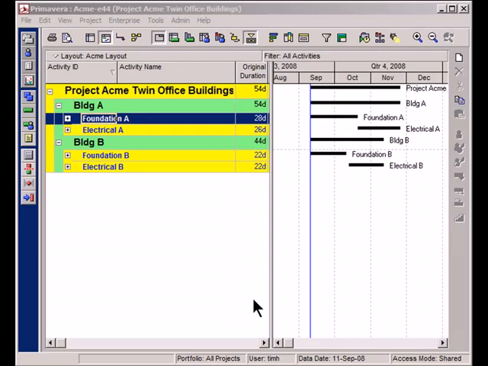Today we're going to talk about how to use activity codes appropriately in Primavera. Activity codes are a wonderful feature in Primavera version 6, and I find sometimes people do not fully understand how they can be used to help you organize your project and look at your project's activities in different ways. So today we're going to look at this project I have here on screen, project Acme Twin Office